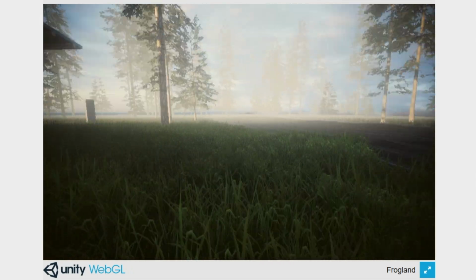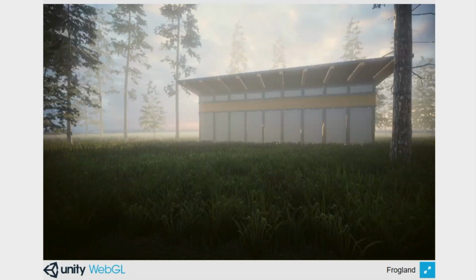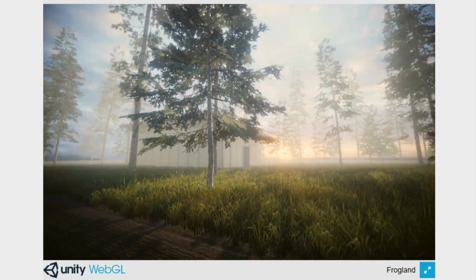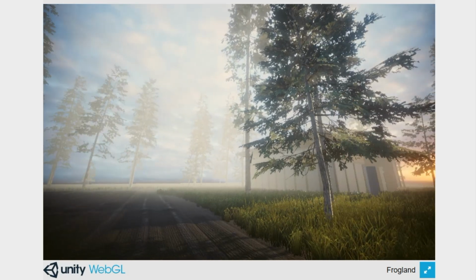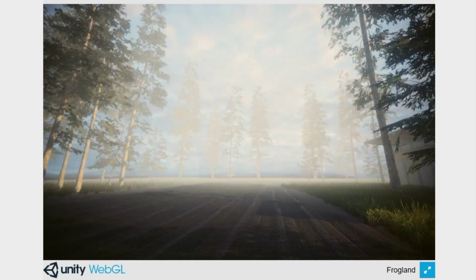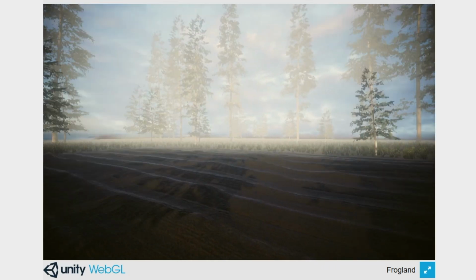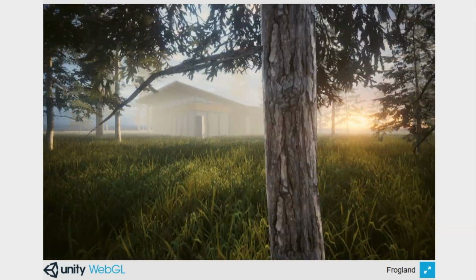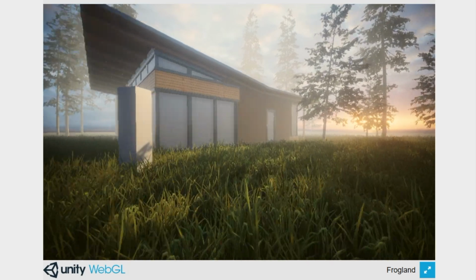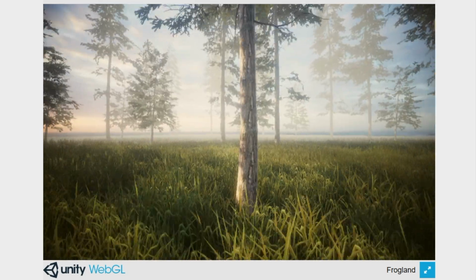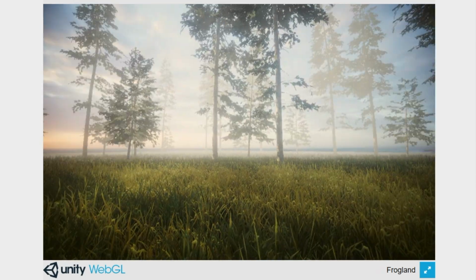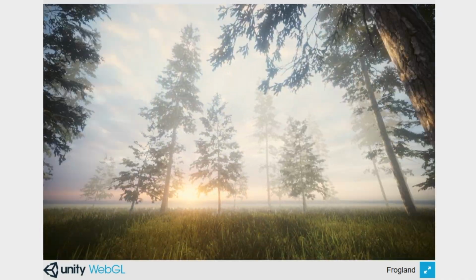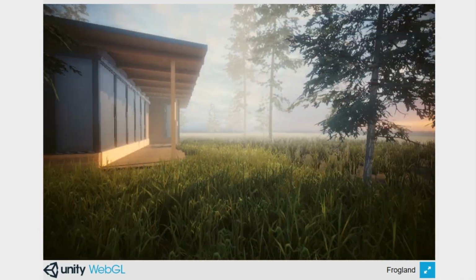We've got a cool little Eichler style dwelling in here, which for sake of time we did not build out the inside, so the glass is opaque, and I'm sure there's something awesome going on inside, but we can't see. We've got shadows and some god rays and some amazing textures. This is really kind of the upper bounds of some of the rendering styles that we are going to be